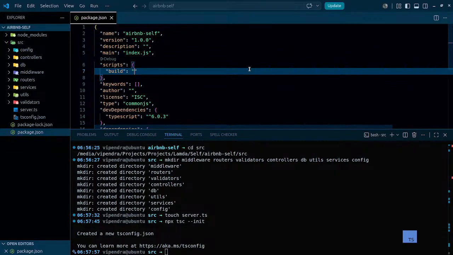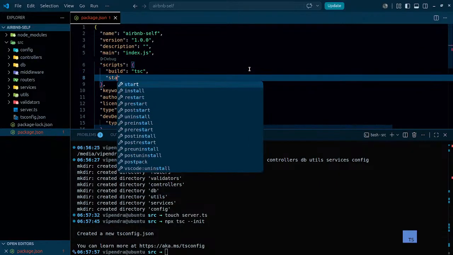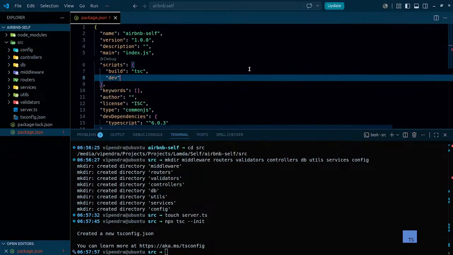So when it comes to building this, how can I do that? Building means tsc -b, or just tsc is enough. When it comes to dev, that's going to be npm run build, and